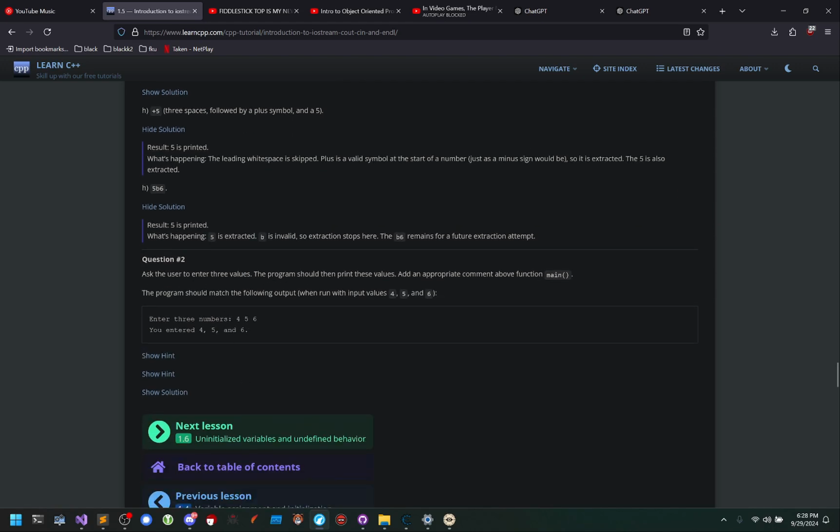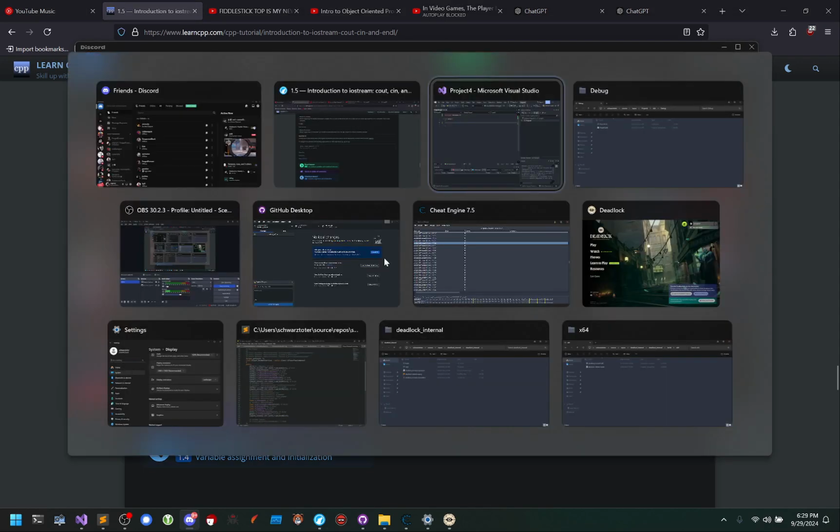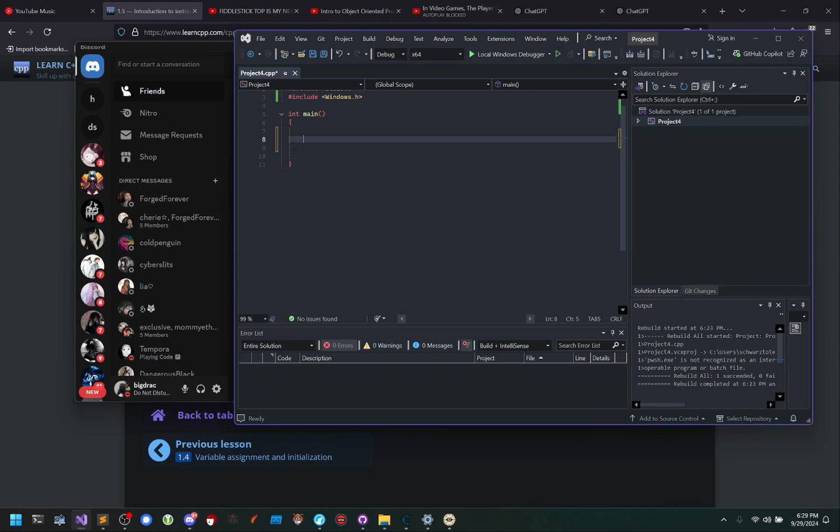Ask the user to enter 3 values. The program should then print these values, with an appropriate comment above function main. The program should match the following output when run with the input values. Okay, whatever, they wanted to enter 3 numbers, 4, 5, 6. Okay, sure. I'll do this real quick. So this would just be